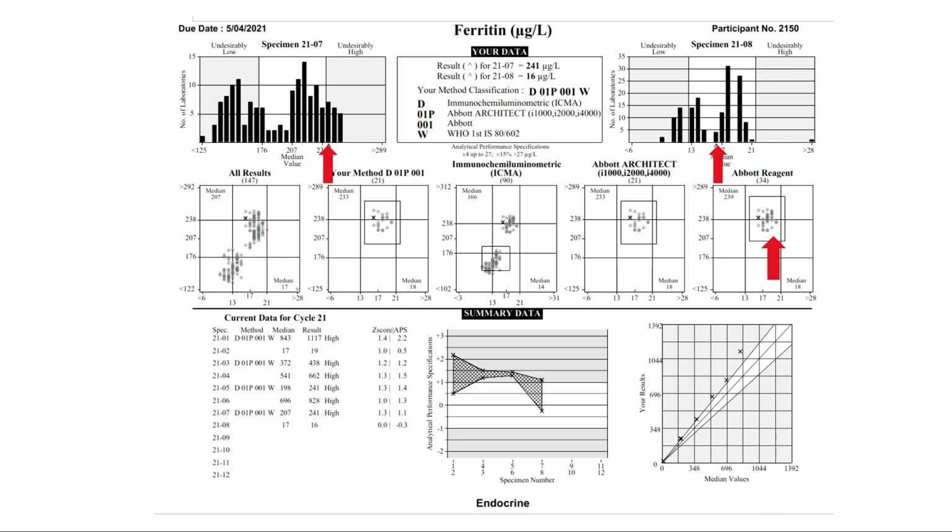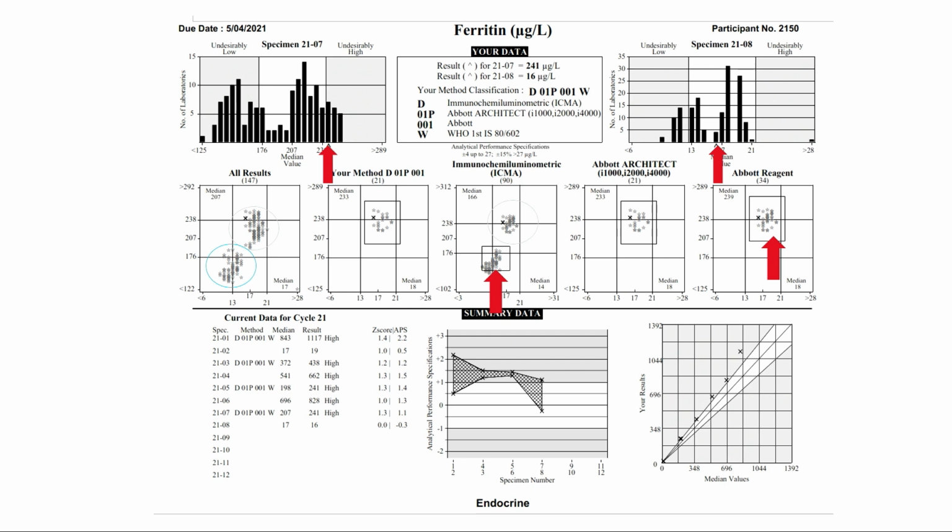And you can see that this is me, and as far as I'm concerned, I'm doing well. I'm getting the same result as my peers, so that's good. But you can see there's another population that's at the other end, and that peer group are also doing well. They're quite tight, but they've got a completely different answer. And you can sort of see there the two populations. So for ferritin, two completely different populations of results. They're actually quite tight, so the different methods are getting the same answer as each other, but they're getting two different answers on the one sample.